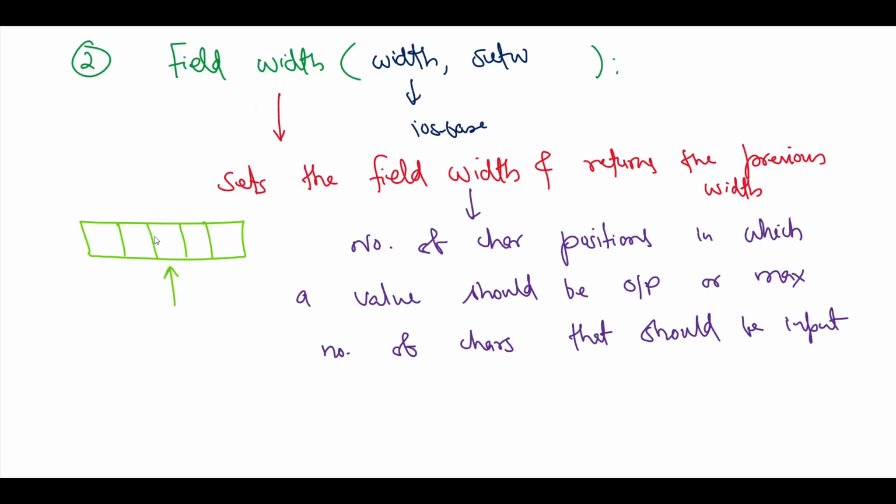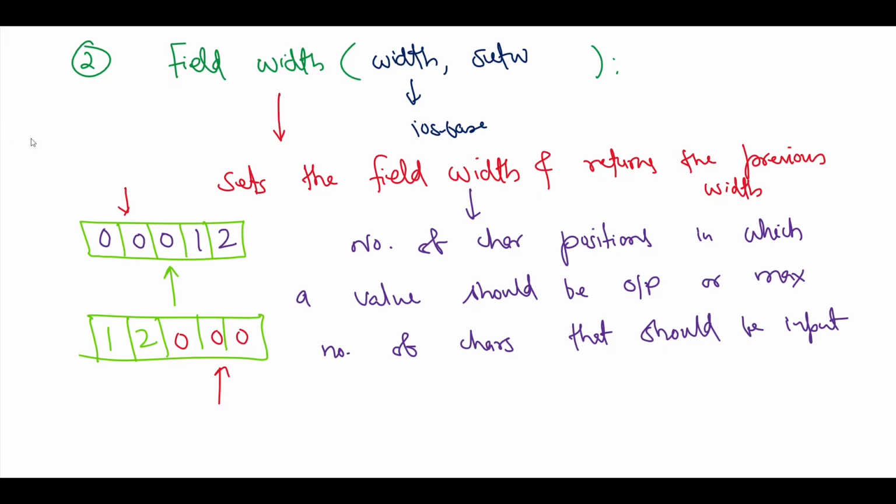Suppose the values that we output are narrower than the field width, then fill characters are inserted as padding. So suppose you want 12 as output, you can fill some characters here like 000, or it could be in some other way like this, 12 in the first place and then 0 in the latter part. So all that depends on whether we want padding on the left side or padding on the right side. That can also be set, and for that we'll use some other manipulators.